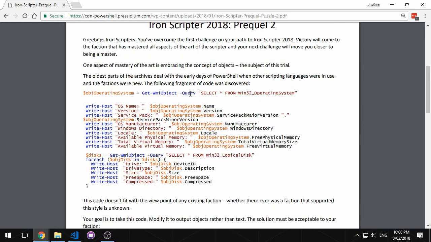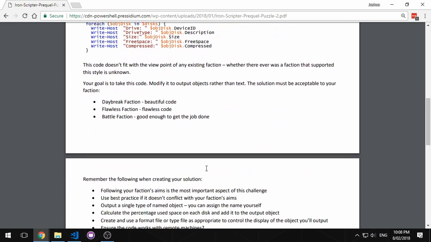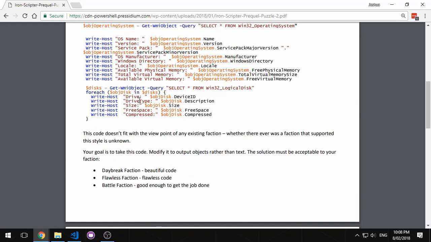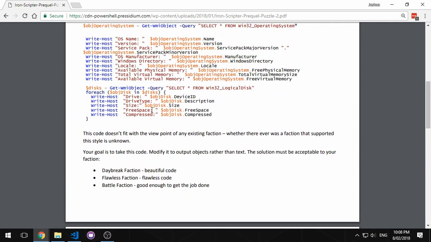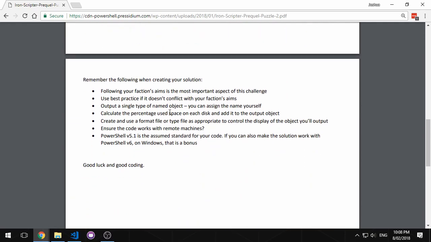So if we look up here, this script is grabbing some information about the computer itself, and then it's going through and listing information for every disk on the system. So that being the drive, what type of drive, how big it is, how much free space it has. One thing not shown there is the used space, which would be the size minus the free space, which it's asking us there to calculate the percentage of used space, then create a format file or type file, and this is to control the display of the object that we're outputting,